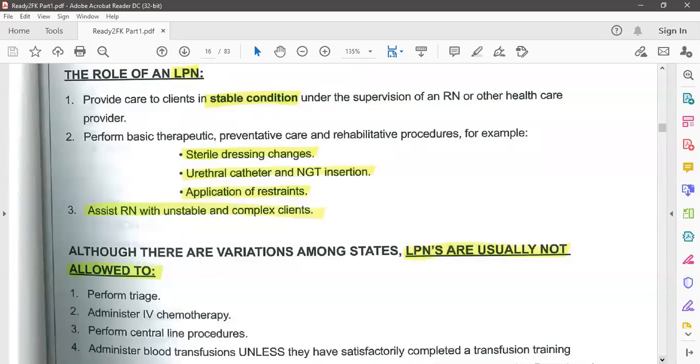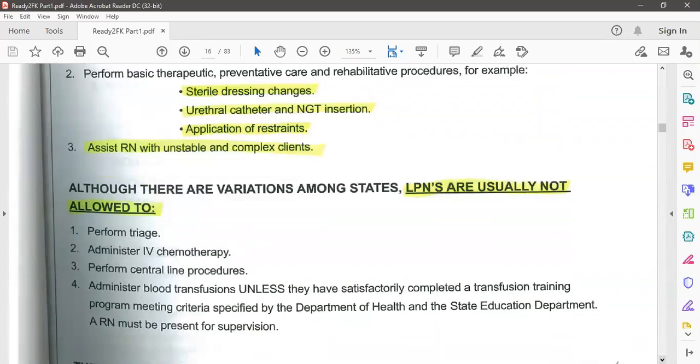But before that, I am sharing with you what type of job is not allowed or delegated to the LPN. LPNs are usually not allowed to perform triage or administer IV chemotherapy, an IV with cancer medication,